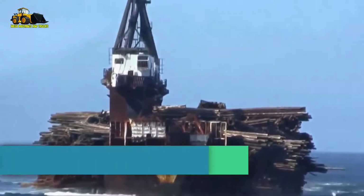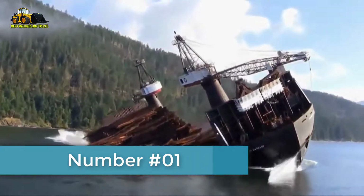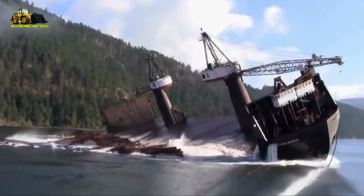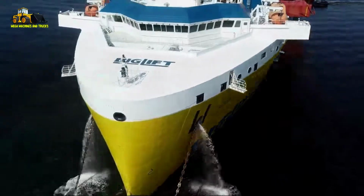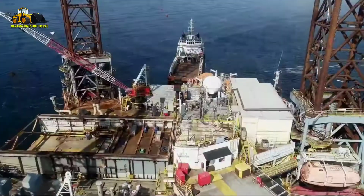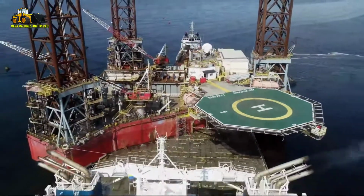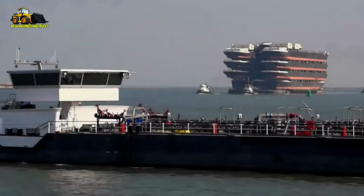Number 1. This is not a super ship. It is an ordinary barge. Such vessels are used to transport cargo along rivers. But there are special ships in the world designed to carry very large loads that are beyond the power of normal ships. These vessels are the world's powerlifting champions and are used when there is a need to move very large structures like a